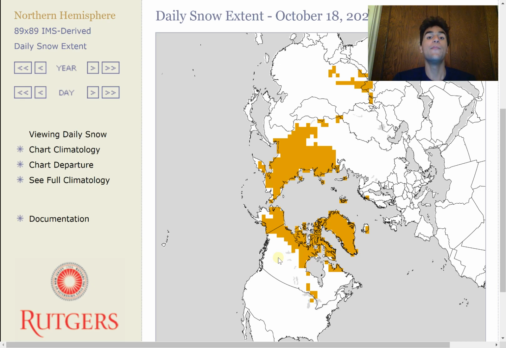So let's begin by taking a look at the current snow extent throughout the Northern Hemisphere, which pretty much determines how large the area of snow cover is for the Northern Hemisphere. And as you can see, right now we are seeing some snow cover throughout Northern Canada into Alaska and portions of Russia, and